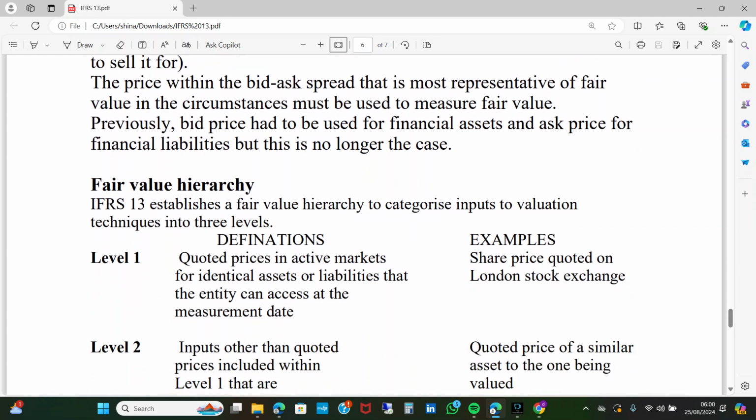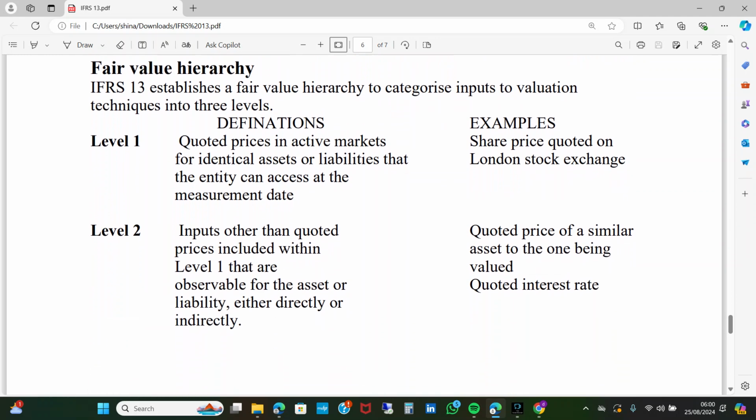That will be your fair value. Now, very important: the fair value hierarchy. I don't know what it is with ICAN examiners, but they like this question so much. So we're going to look at the fair value hierarchy. IFRS 13 establishes a fair value hierarchy to categorize inputs to valuation techniques into three levels. So for all those valuation techniques we have, the market, the cost, and the income approach,